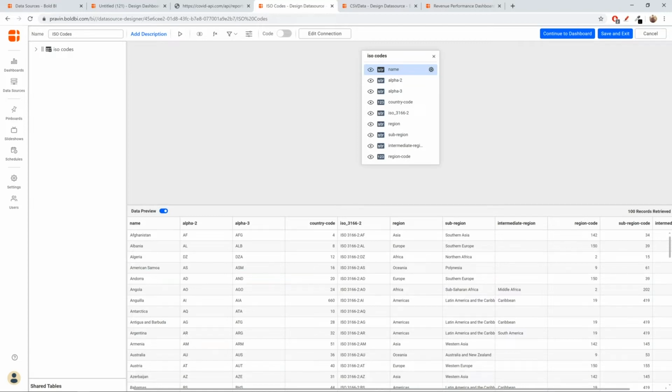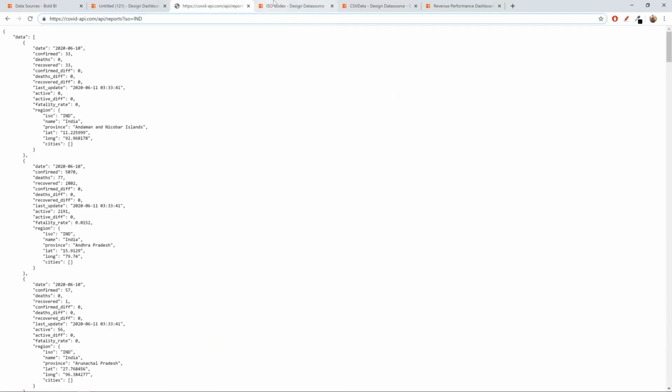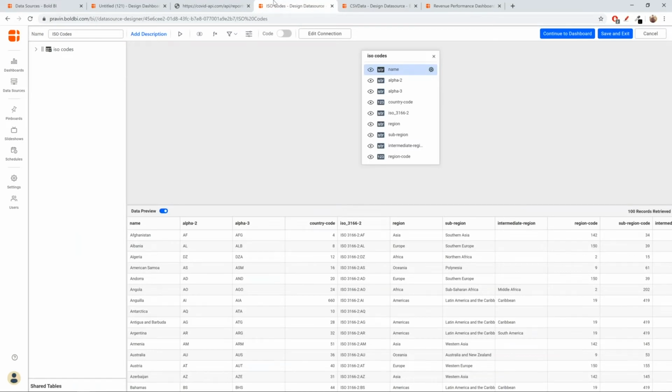Basically, what we are going to do now is build a parameter using the alpha 3 value that we have here, and then the parameter is going to be the input for the REST API that we see. So two data sources are going to be involved here. First, we have the first data source, which is the ISO codes.